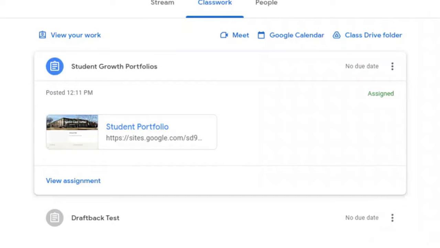Hi Warriors, we're going to show you how to make a copy of the template that you're going to use